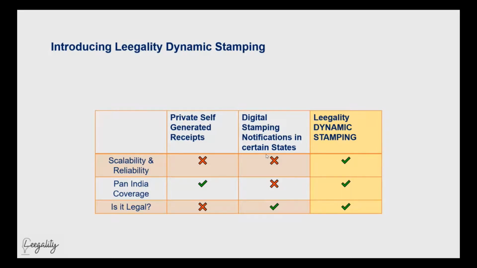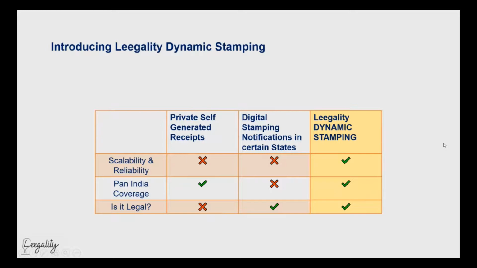So the first thing is reliability and scalability. The critical thing here with dynamic stamping is that this works on an inventory model where you've procured stamp papers in advance using our really deep network of stamp vendors. So there is no question of a third party being involved in this process. There is no third party server or third party API involved. You don't have to worry on the day of your execution that the systems will be down, you'll not be able to procure the relevant stamp paper, or there may be some issue with payment. Nothing like that. You've already done all the necessary steps in advance. You have the stamp papers in your inventory, and therefore it's completely reliable.